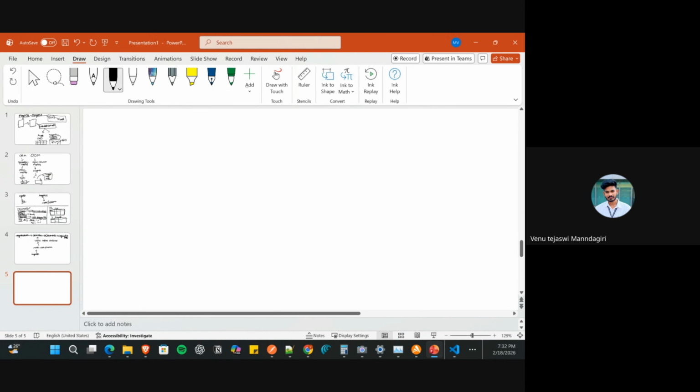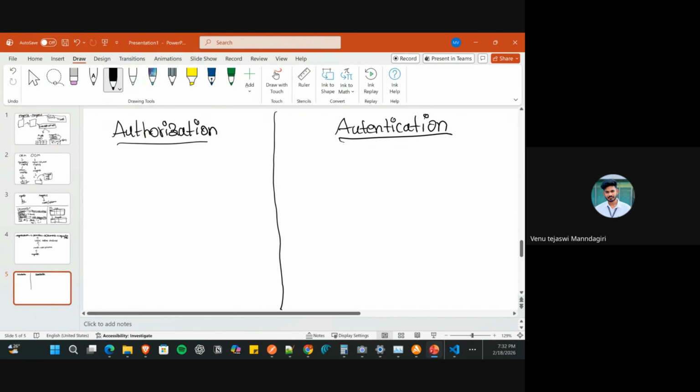So we have something called authorization and authentication. Let's see what the difference is between both. So we have authentication and authorization. Many of the people don't understand what the difference is. Okay. So